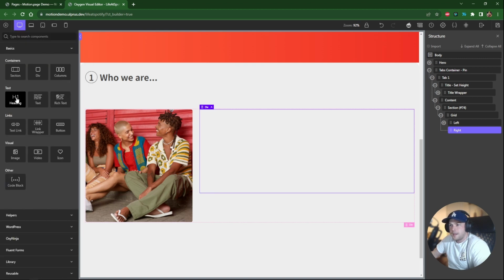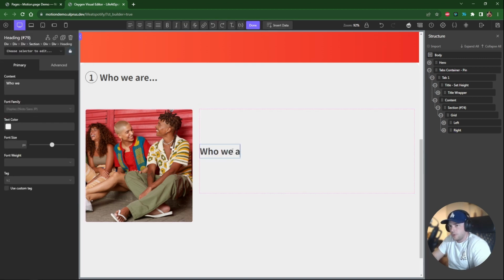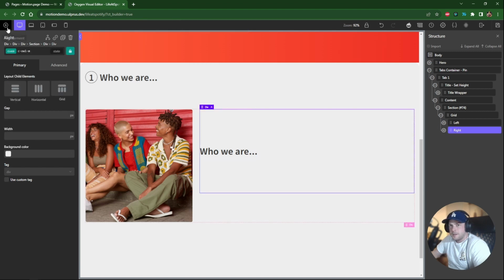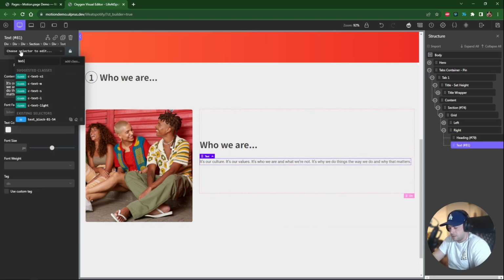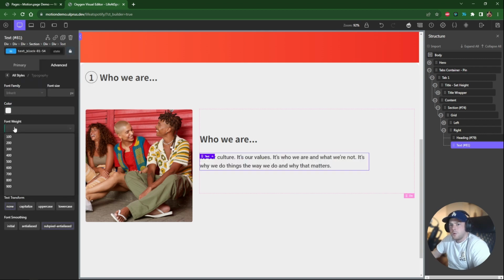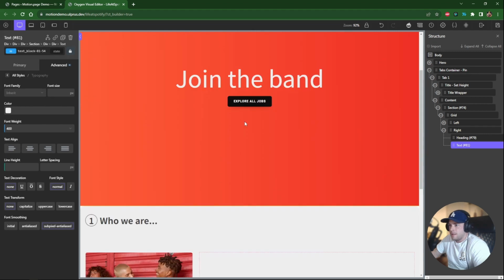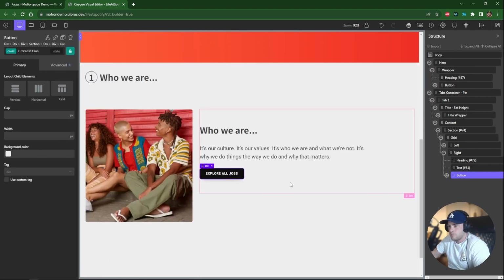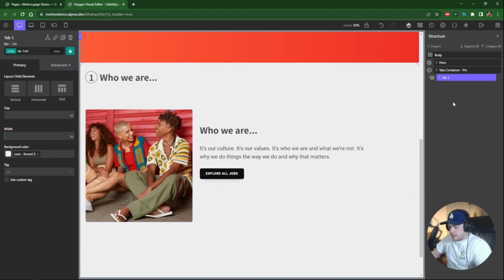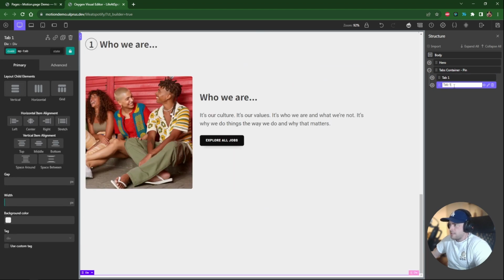And then all I'm going to do is add a heading. It's going to be who we are. And I'm going to add some text here. I'm going to change the size of this, so text XL. Also, I want to make that a little bit thinner, so maybe 400. And then I'm going to add this button over here once again. Okay, so now I'm going to duplicate this tab, call this tab 2,